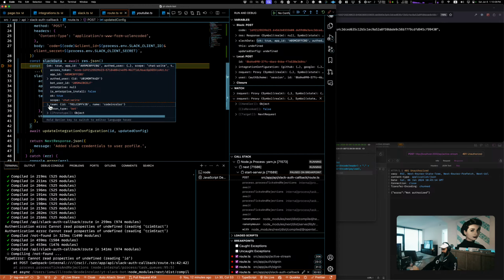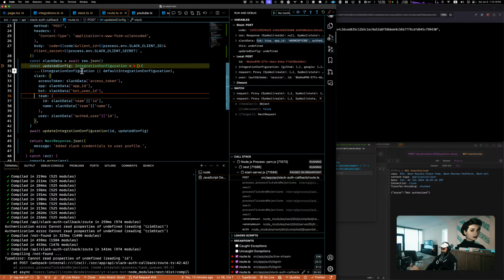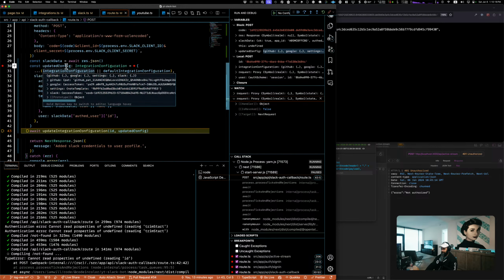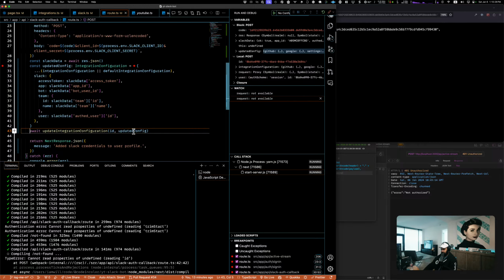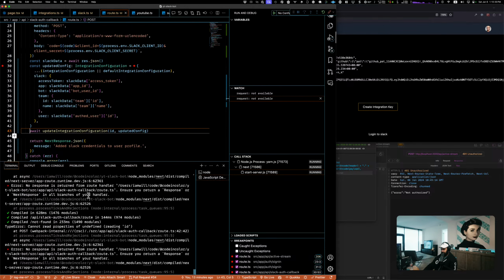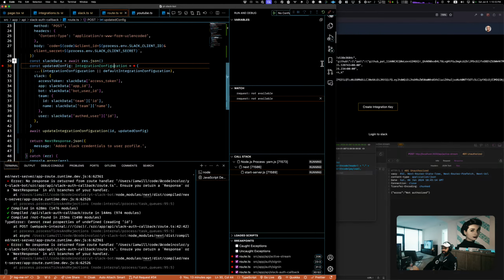And then we have team ID. That's definitely there. Bot user ID. Yeah, that's the only ones that could fail. Wait, what the fuck? All right, something's going on. Something's weird happening. I think I know what the weirdness is.